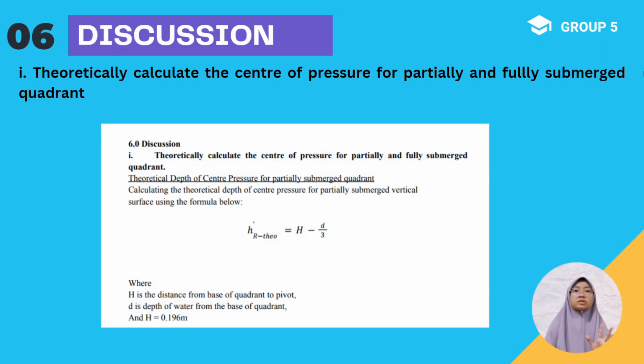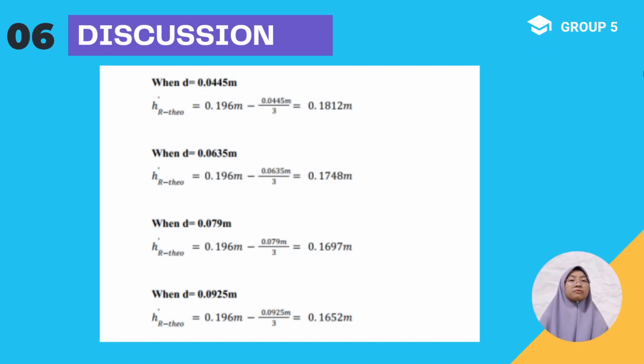Discussion consists of 5 parts, the first one is to calculate the center of pressure for partially and fully submerged quadrant. For partially submerged quadrant, we will use the formula of capital H minus small d over 3, where the capital H is the distance from base of quadrant to pivot, small d is the depth of water from base of quadrant, and the value of H is equal to 0.196 meter. Applying to the equation, we will get the value of the theoretical depth of center of pressure for partially submerged quadrant equal to